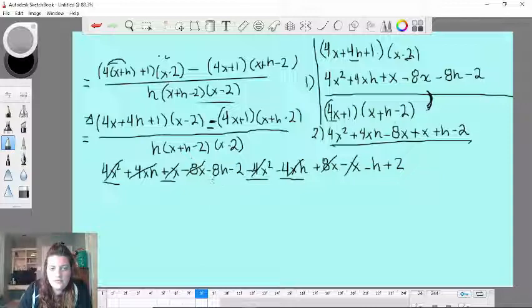I have a negative 8h. Do you see anything else? No. And then I have minus 2 and a plus 2. So those will also cancel. That leaves me with a very small amount of things. So I have a negative 8h minus h